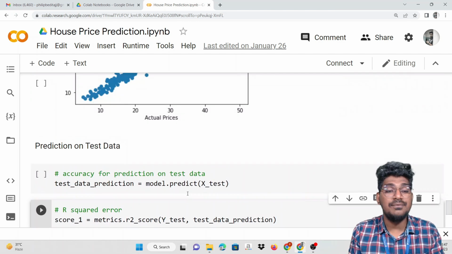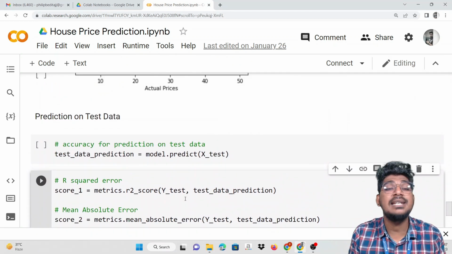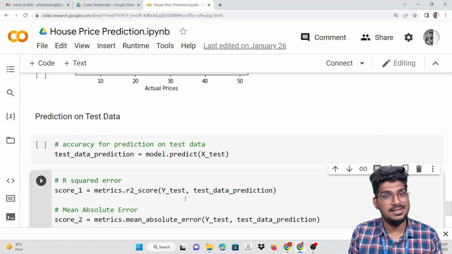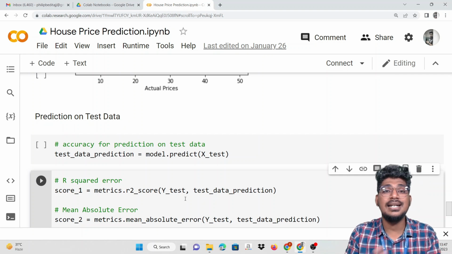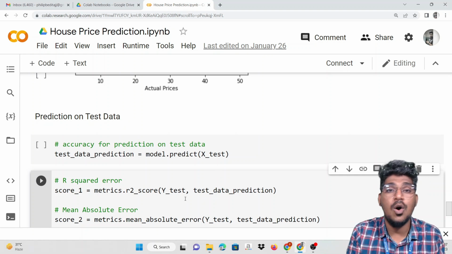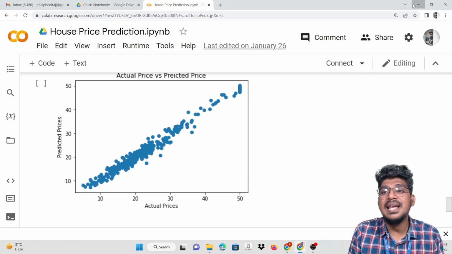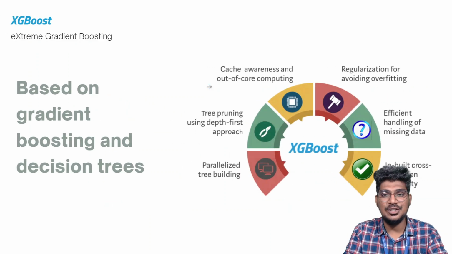Okay, so this is the way we can create the model and find the performance of the model. That is nothing but the evaluation process. Once you have trained it, when you feed new data to the system, it will predict the house price. Okay, hope you guys understood about it. The same procedure applies for the regression problem.